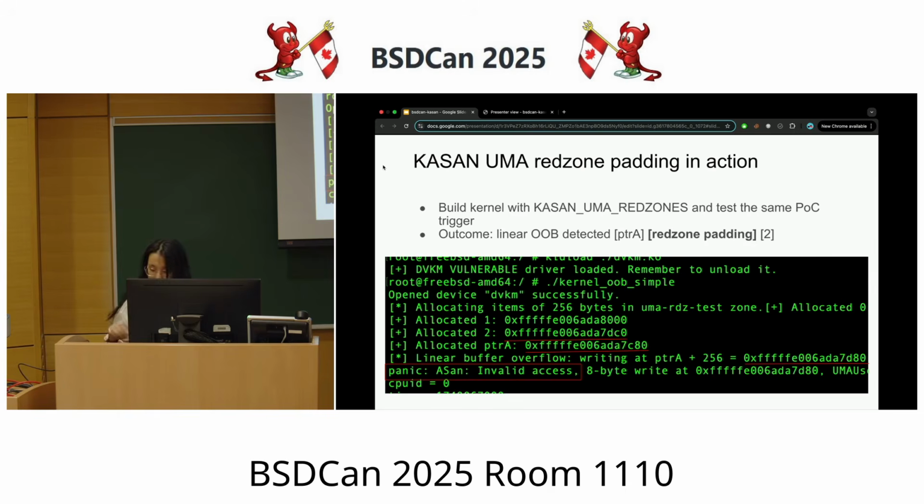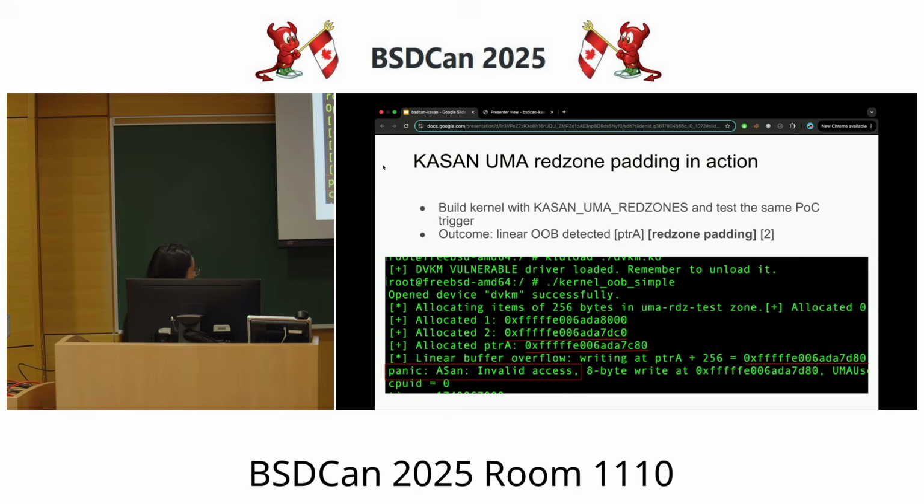You can see allocation 1, allocation 2, and then this is pointer A. And you are using this pointer A to write out of bounds. And 256 is the size of the zone item. And you can see that this linear overflow causes a panic